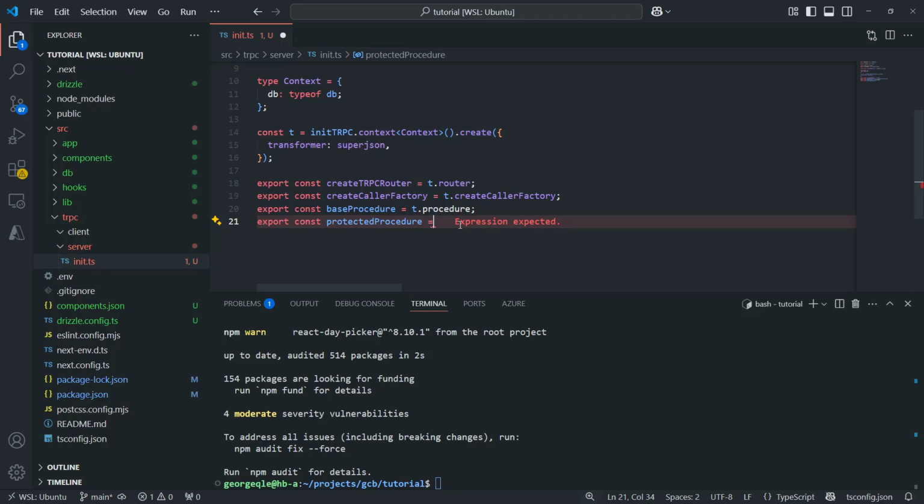So a base procedure you can use for any public API calls that are unauthorized. Protected procedures will only be allowed to go through for authorized users. That's just one of the use cases between having base procedures and these protected procedures. We're going to do